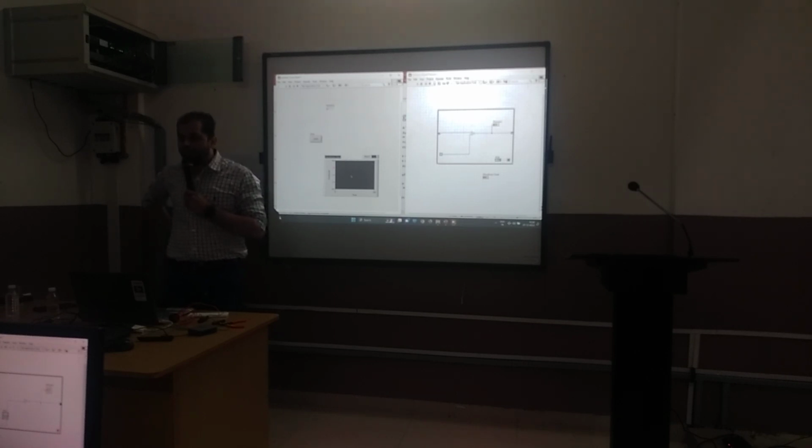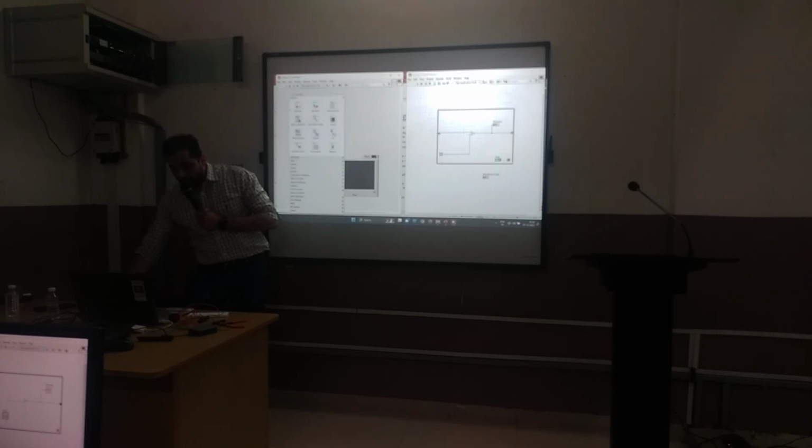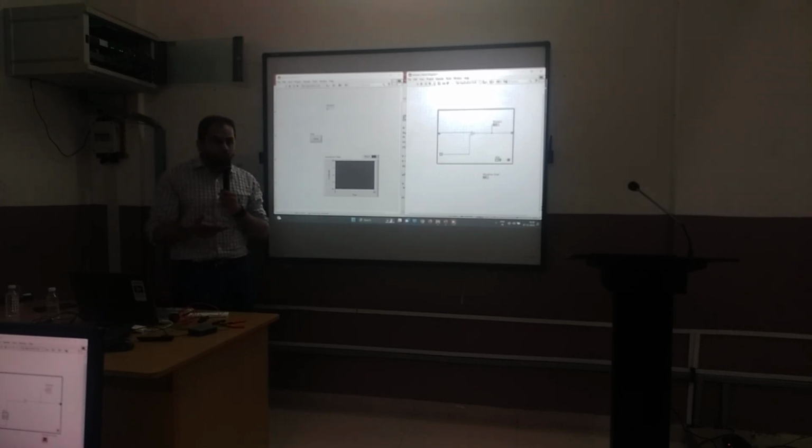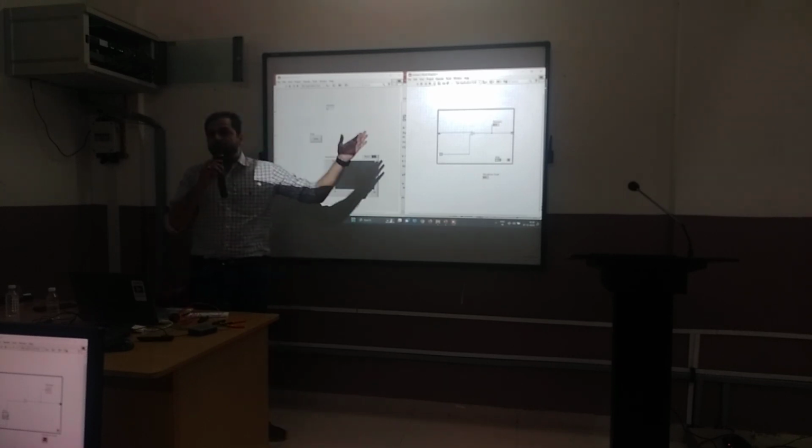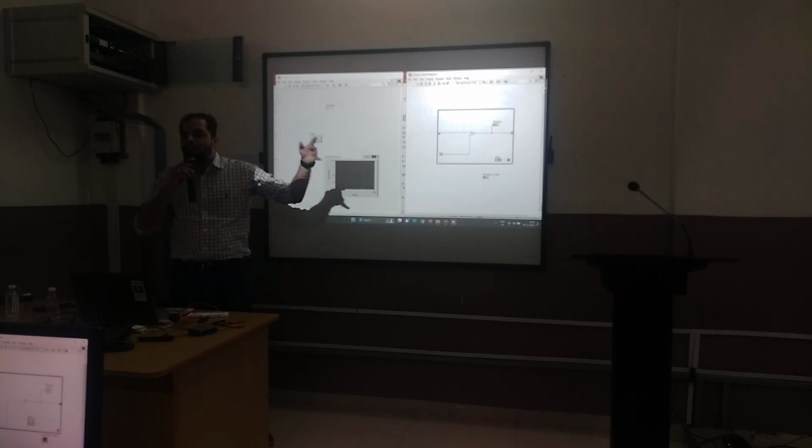On the front panel, right click, there is an option called graph, and then in that, the first one is the waveform chart. Now I am already in the middle of my code, and I realize, okay, the while loop is not the thing that I want.